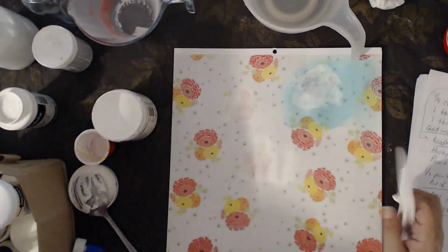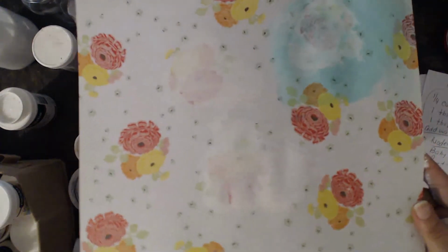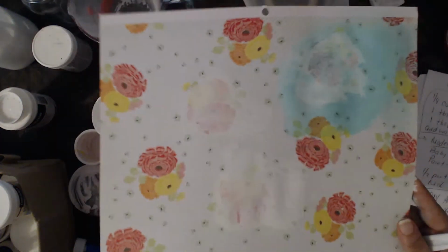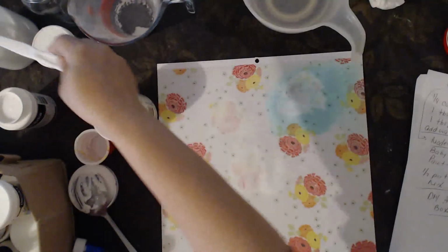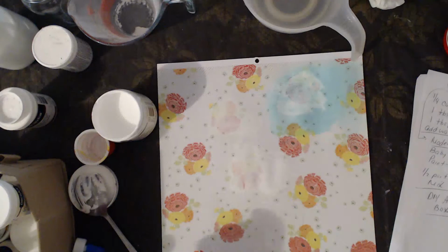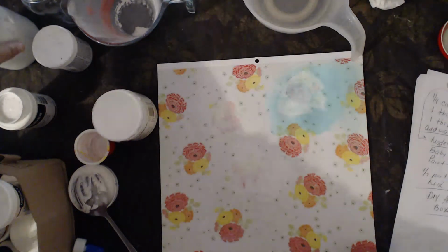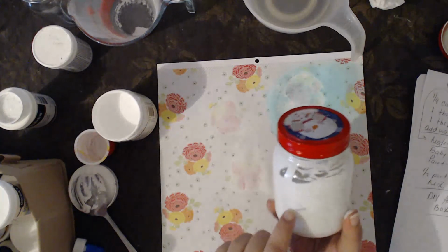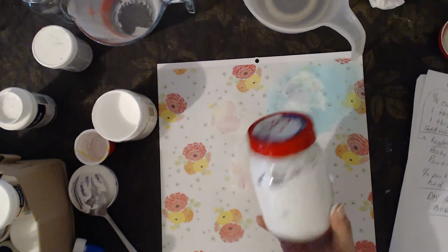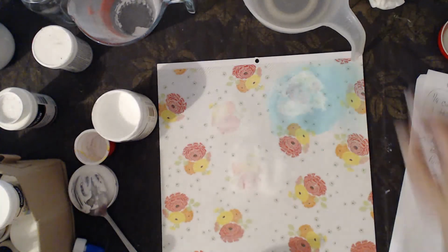If you don't want your page to kind of buckle, then just heat it up, dry it up sooner rather than later. And then you won't get that buckling. All right, so that's how we create gesso. I'm going to cover the gesso up in an airtight container and make sure that you label your gesso so that you know that that's your gesso. Okay. Now the next thing that we're going to talk about,